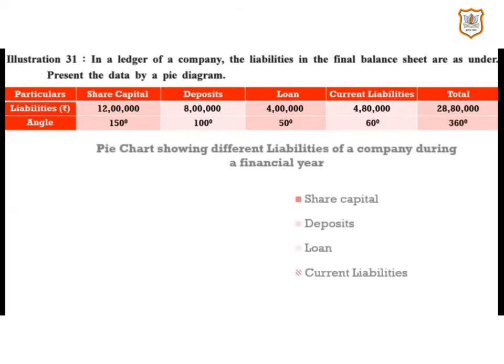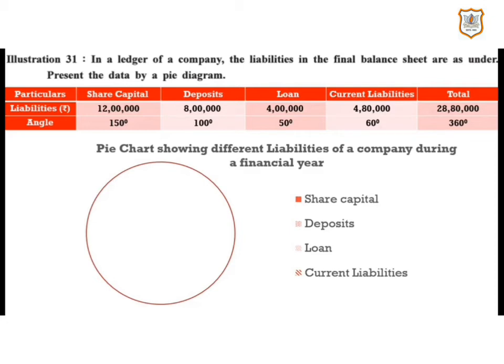So now we will prepare a circle, and the title will be pie chart showing different liabilities of a company during a financial year, and we have given different colors to identify it. Share capital is in red and so on. So we'll prepare a circle over here, and here there is no need of radius. So we have prepared a circle, and now we have to take a protractor to draw the angles measuring 150